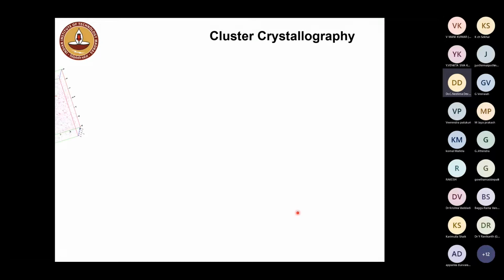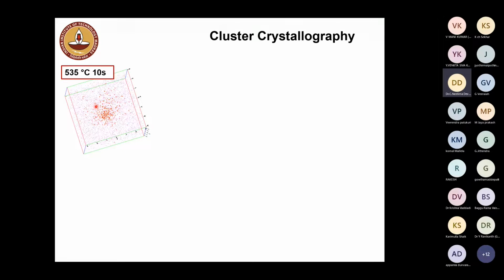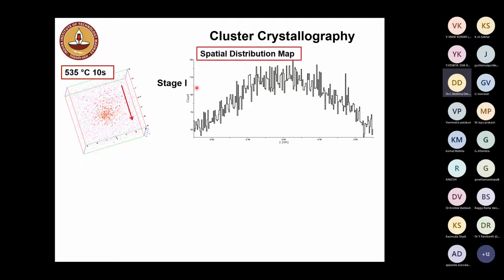That means we can take one copper cluster out of this annealed condition where there are hundreds of clusters visualized earlier. And for this one particular cluster, we can now do what is called a spatial distribution map along the direction that you see now. In the spatial distribution map, there is no correlation visible between these multiple layers present inside. And therefore, this stage 1 of a copper cluster, which is 535 degrees for short time annealing, represents an amorphous